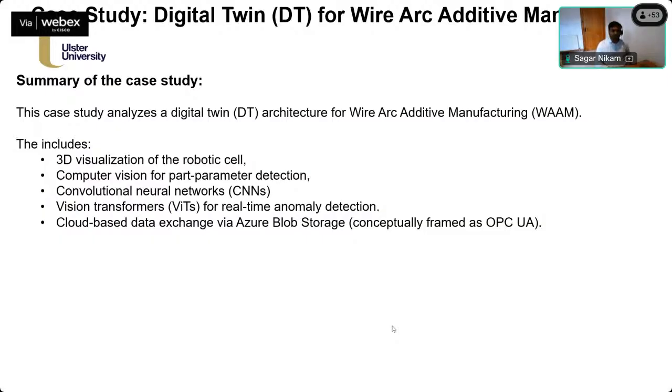It includes three-dimensional visualization of the robotic cell, computer vision for part parameter detection, CNN models for defect detection, and a vision transformer for real-time anomaly or defect detection, with cloud-based data exchange via Azure Blob Storage.